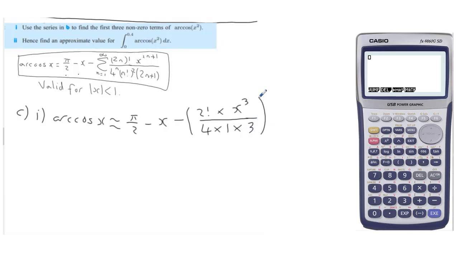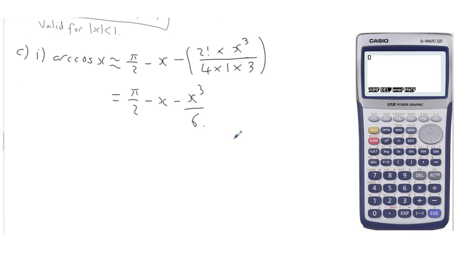Okay, so that means arc cos x, the first 3 non-zero terms, is going to be pi by 2 minus x minus, or 2 factorial over 4 is 2 over 4, which is 1 over 2, and then you've got the other 3, so this must be x cubed over 6. Okay, they are the first 3 non-zero terms of arc cos x, but if we want the first 3 non-zero terms of arc cos x squared, then we need to just,